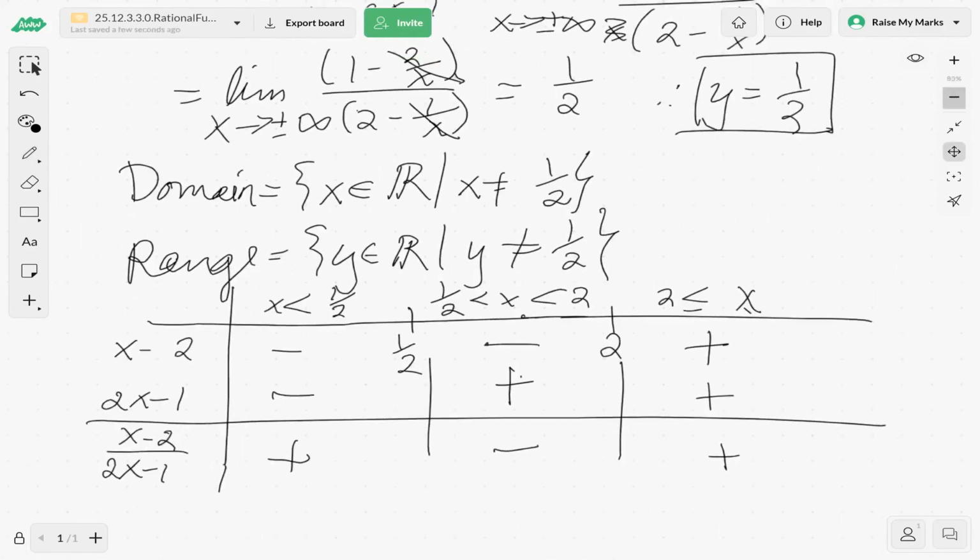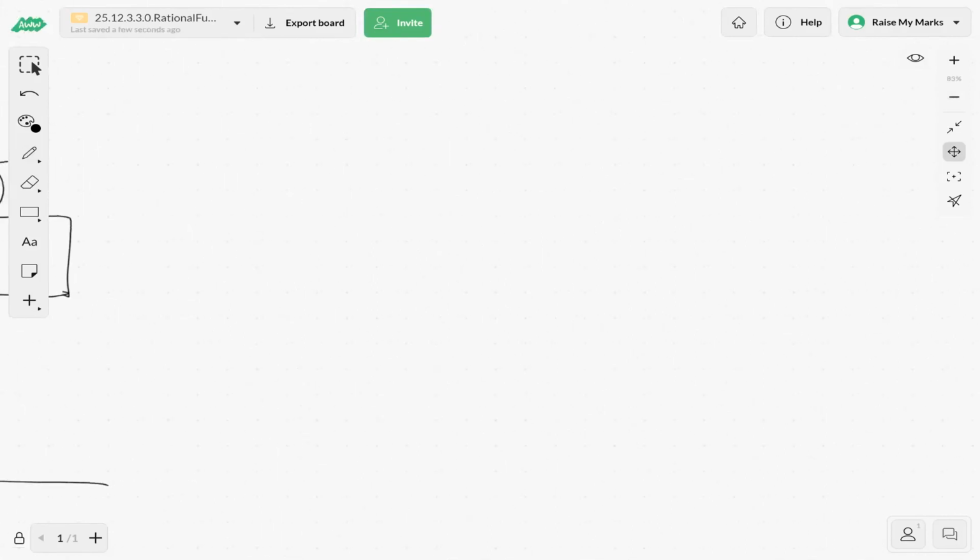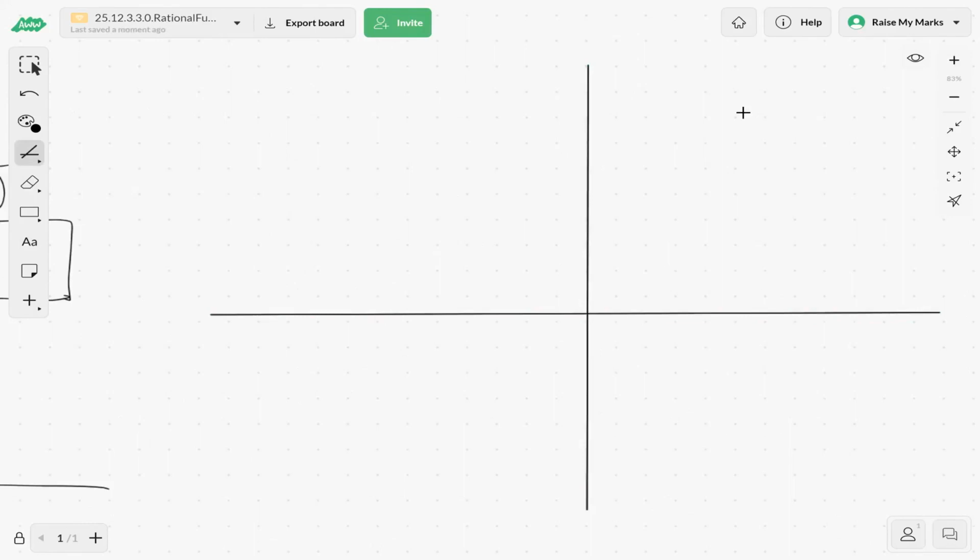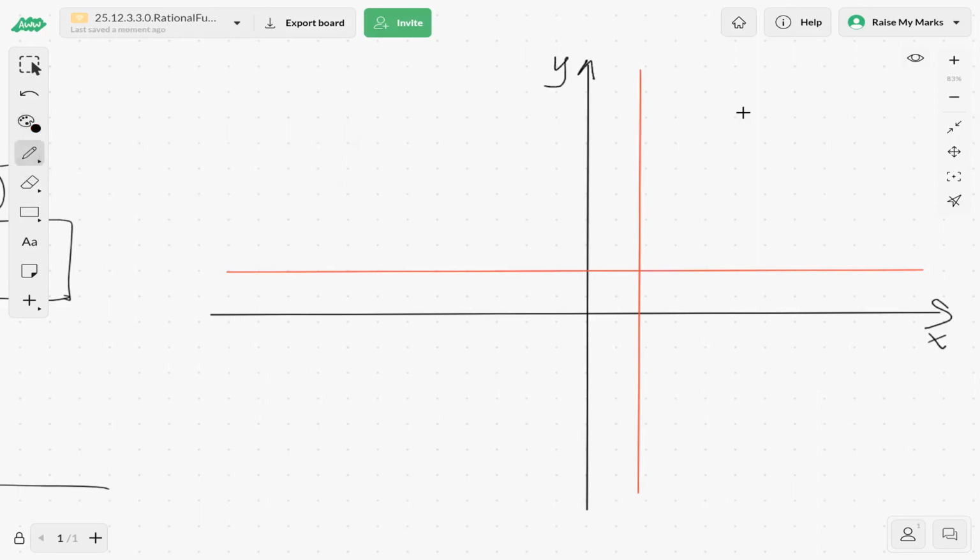Now let's graph our function. Let's scroll over to the right and put all this information together. We'll draw our axes in. These are nice straight lines here. Okay. And let's put our vertical asymptote in. We have our vertical asymptote in at x equals a half, our horizontal asymptote of y equals a half. Good. Now let's label our graph. We have our axes, x and y, vertical asymptote, horizontal asymptote,